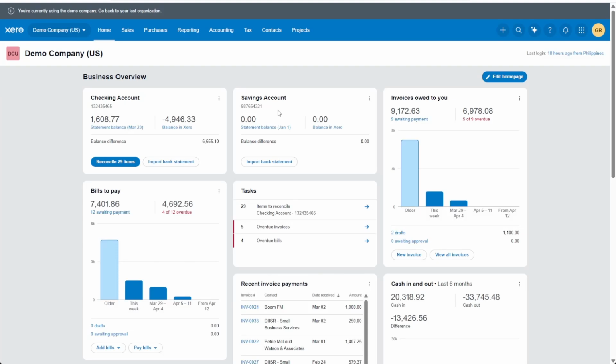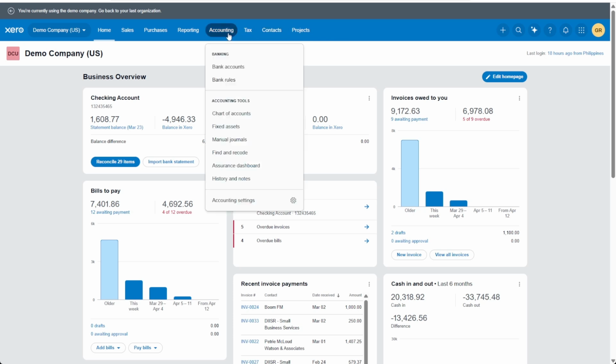In this video, I'll show you how to import a bank statement in Xero. Once you are on your Xero account, the first step is to head over to the top bar. And on the left hand side, simply click on the fifth tab for accounting. Now, under accounting, you want to head over to the banking section, and down below, you want to click on